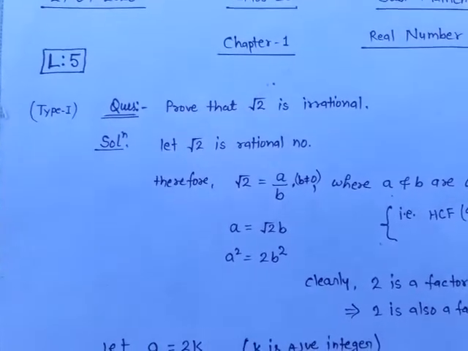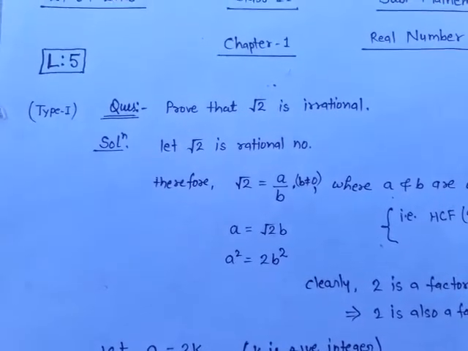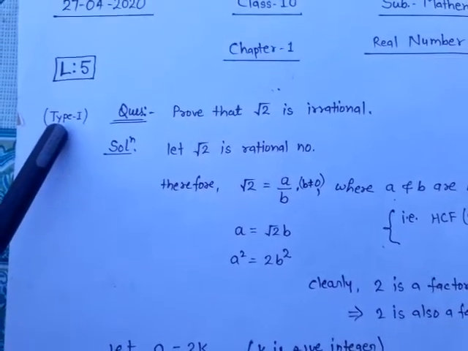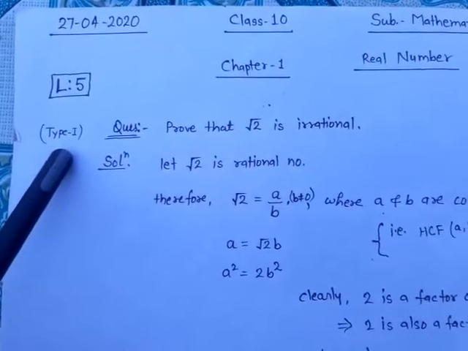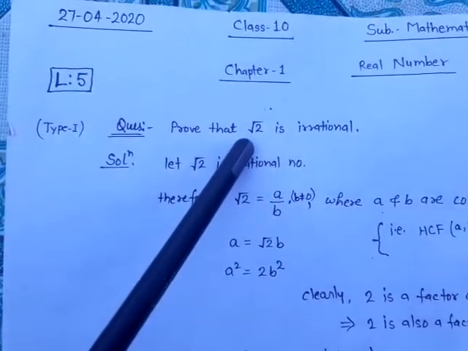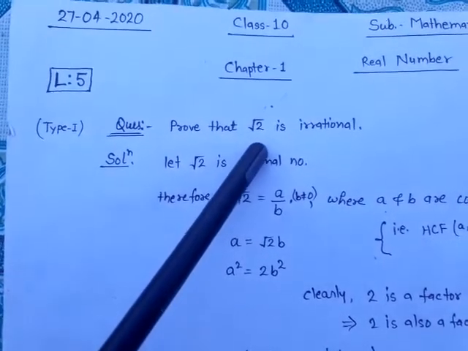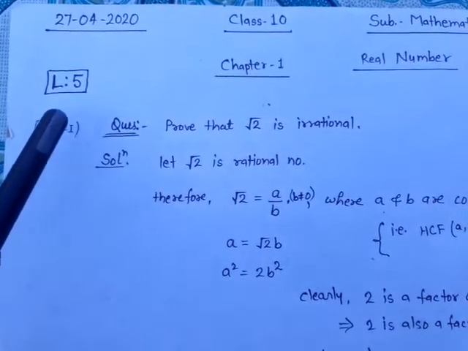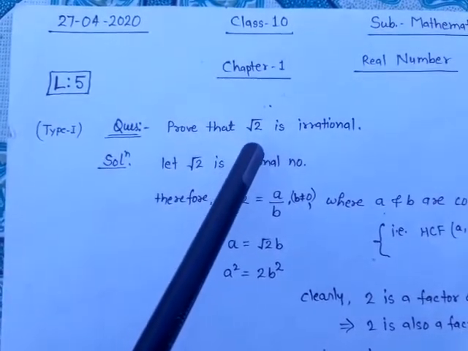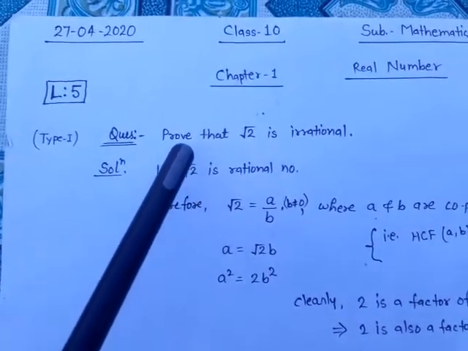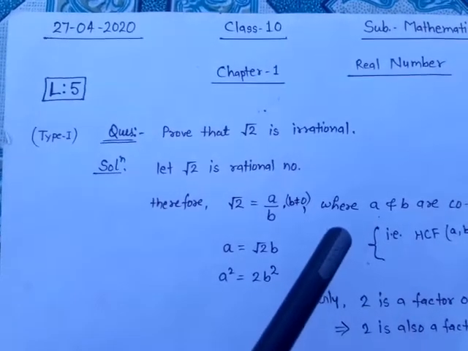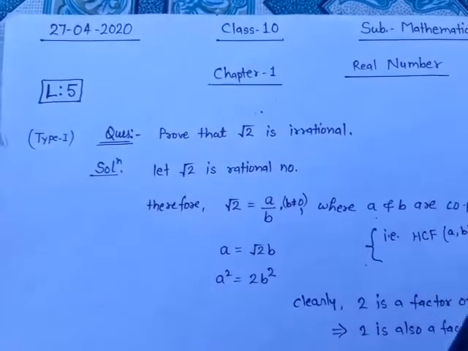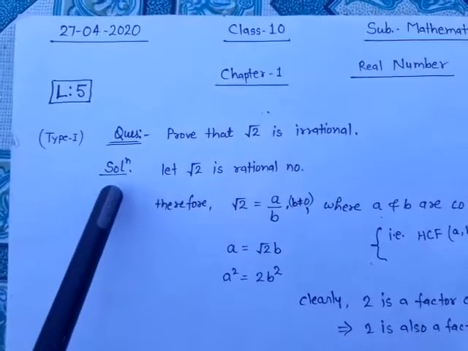Now there are following two types we discuss here. Type first, where irrational numbers are present in separate form. Separate form means single, root 2, root 3 or root 5, and so on. And in type 2 we discuss these numbers present with some other numbers, just like 3 root 2, 5 root 3, 3 plus root 2, 2 root 2 upon 2, etc. Now we discuss type first related questions.